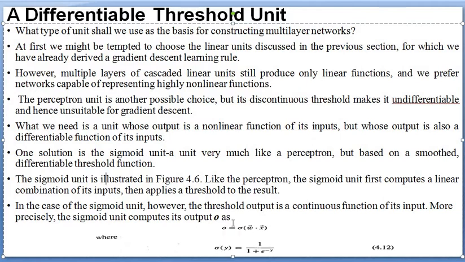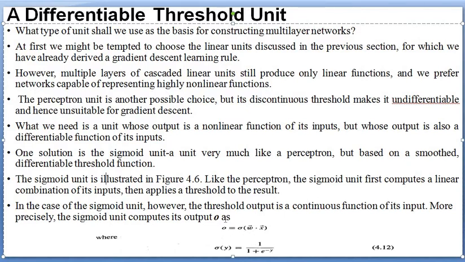Here O is the output, and this is called a sigmoid function. Previously it was not there; previously it was the sign function. We applied a sign function to get the output in the single layer perceptron. Now we have to change it because we are applying it to a non-linear function, that is, the multi-layer perceptron. So the sign threshold unit has changed to the sigmoid threshold. This is the difference.